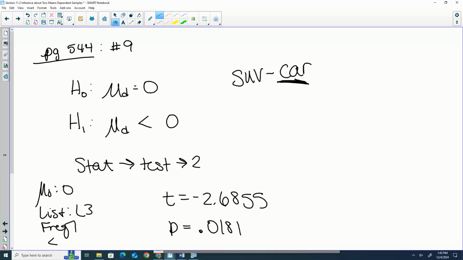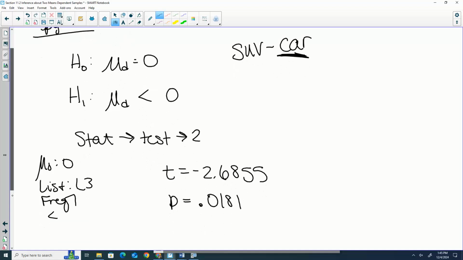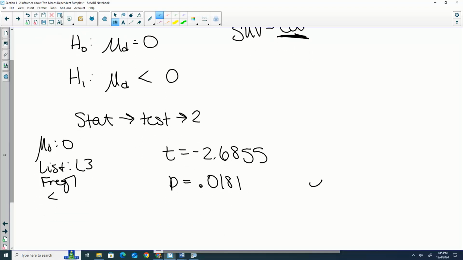In part C it said at the alpha equals 0.05 level, so what would we do? P is less than alpha. Reject the null hypothesis. If I ask for a sentence, there is evidence